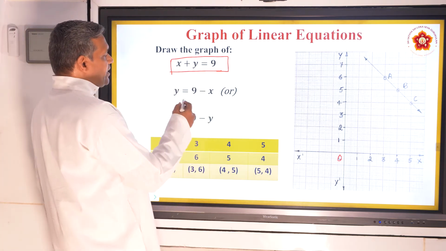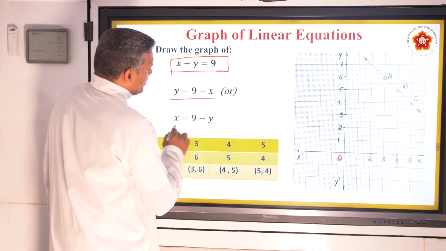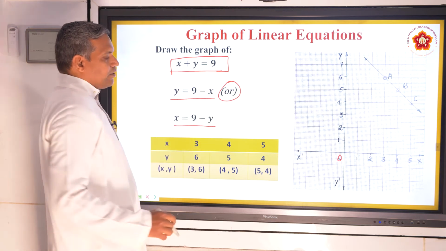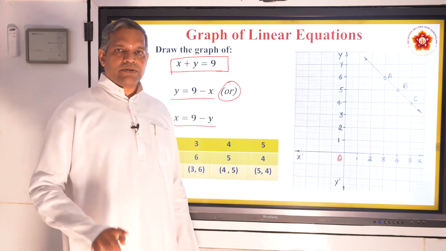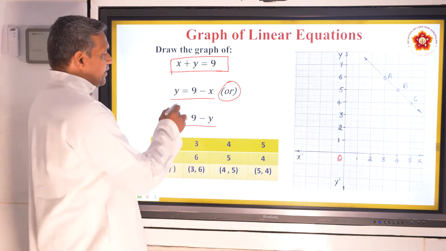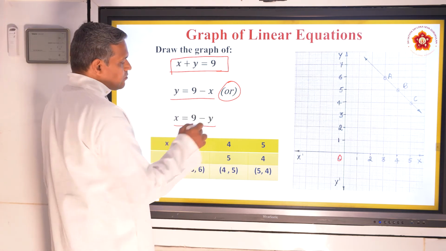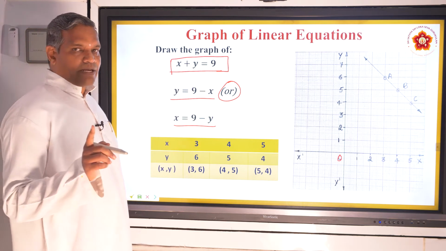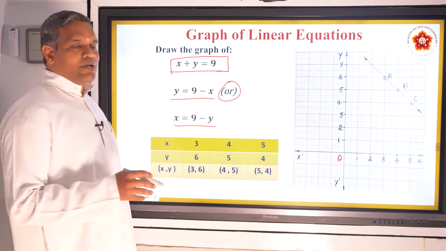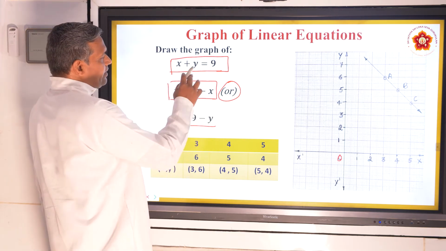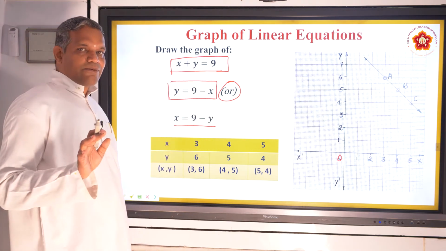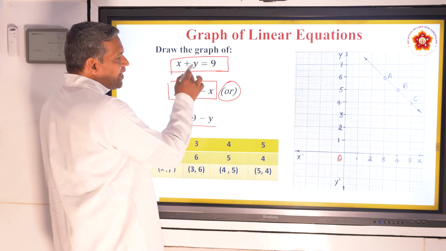Now how do you put it? You don't require to take 2 equations, and please don't take 2. Never take 2. Take only 1. Take either y equals 9 minus x or x equals 9 minus y. Never take 2, because if you take 2, both will confuse you. Take any one of them. So now I am taking only this. So y is here. See how simple it is. Observe, x plus y equals 9. Y is here.